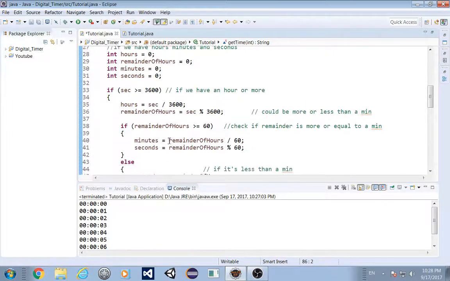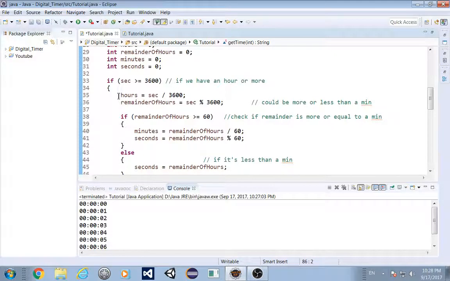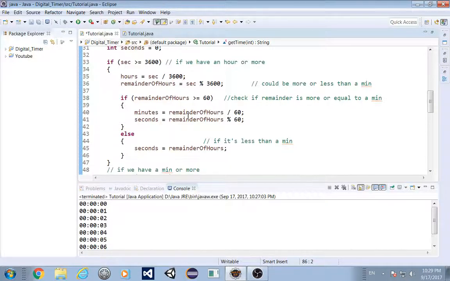So the first condition, we calculate how many hours by dividing that number by 3600, and then get the remainder of this division, and then we check if that remainder is more than or equal to a minute.